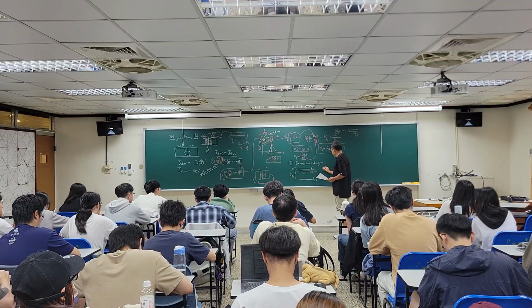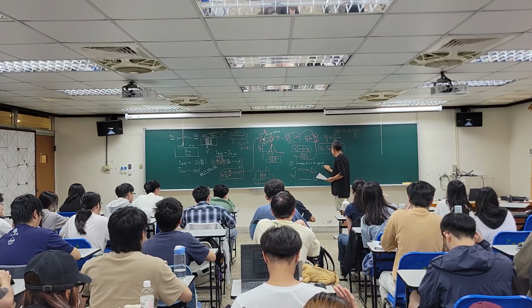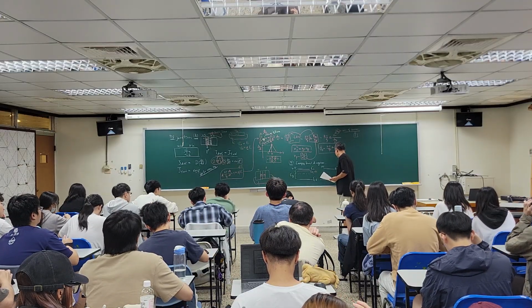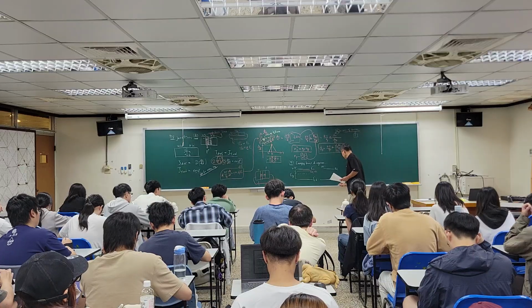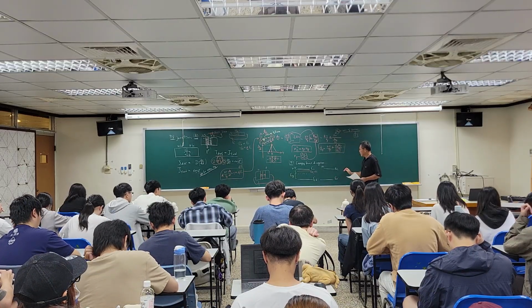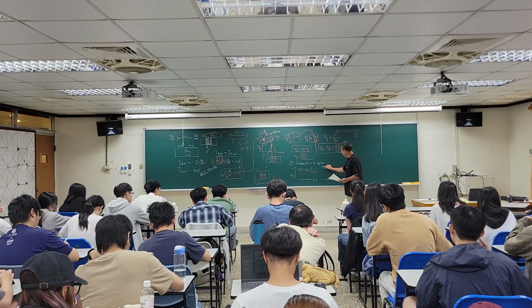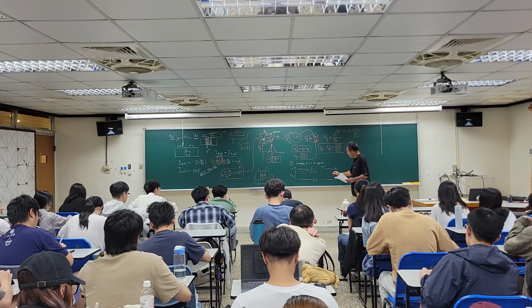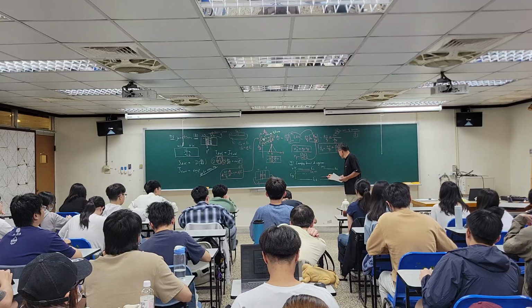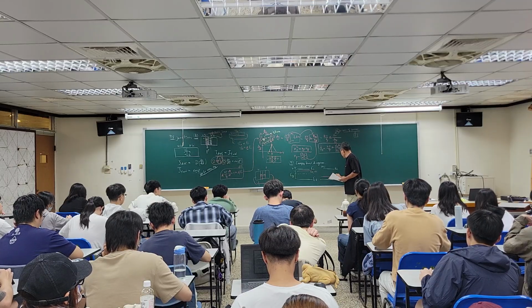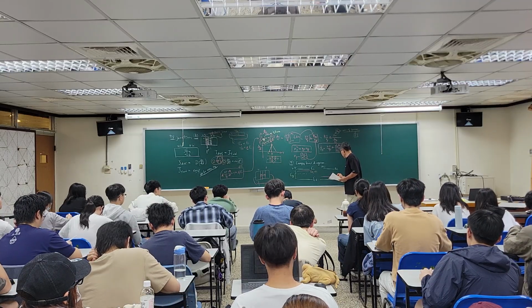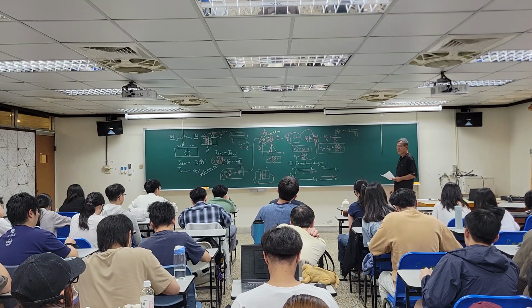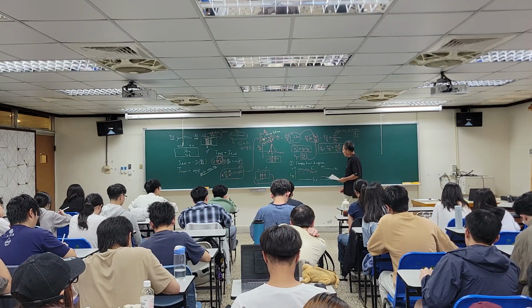How about P silicon? EC, EV. So for the P silicon, where's the Fermi level? Close to what? EV. Okay? So the energy band